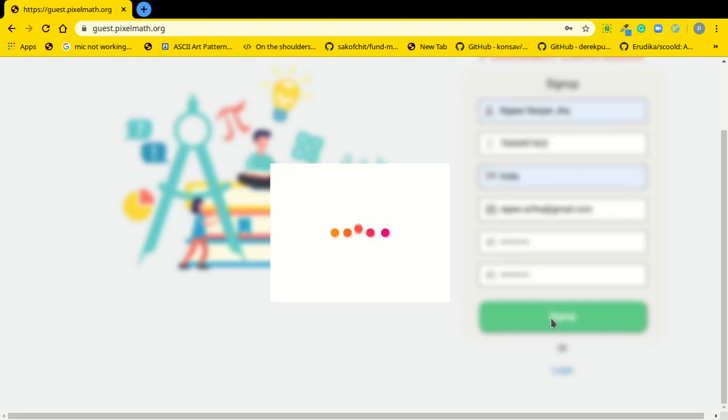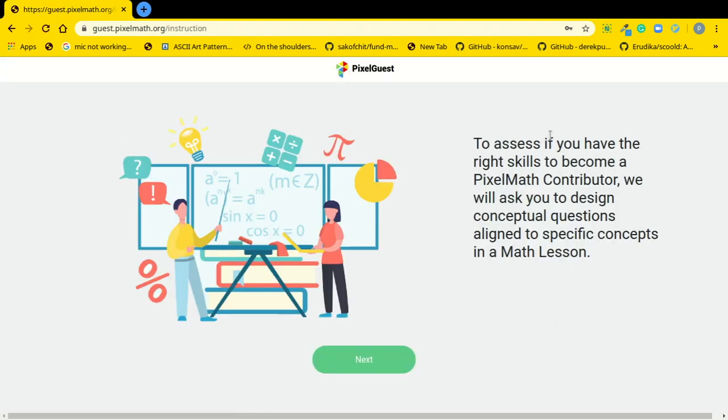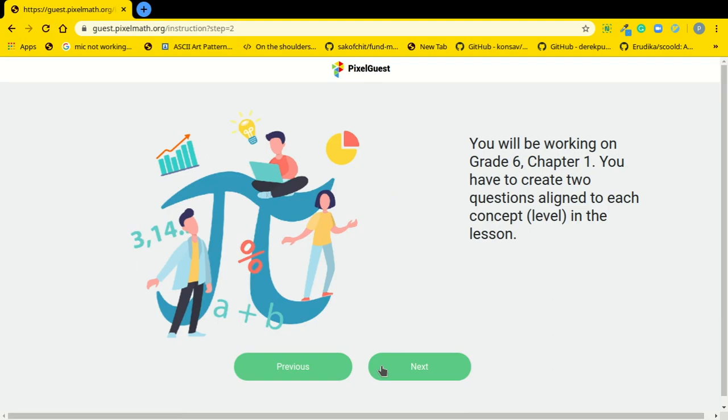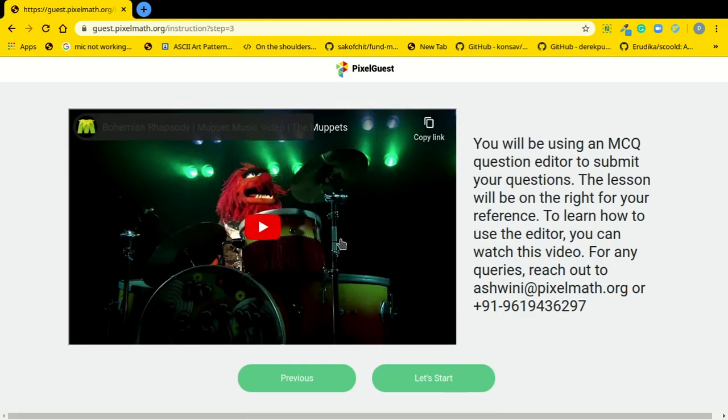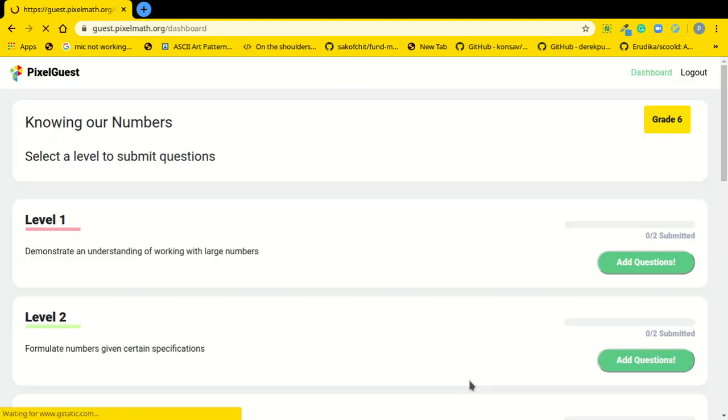Once you sign up, you will be taken through the list of instructions which you need to read before proceeding. So there'll be a small assessment where we will assess how well you can make math questions aligned to specific concepts in a lesson. So you'll be given different grades for which you'll be making these questions. You have to create 2 questions aligned to each concept in the lesson. This is the video which will walk you through the process of making these